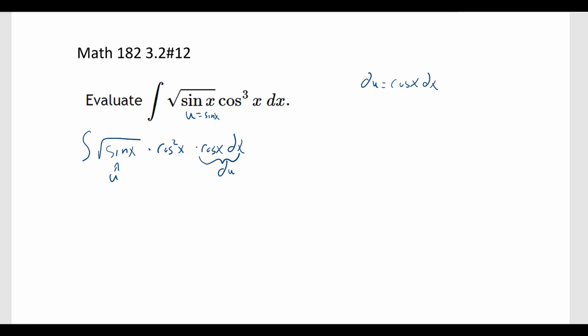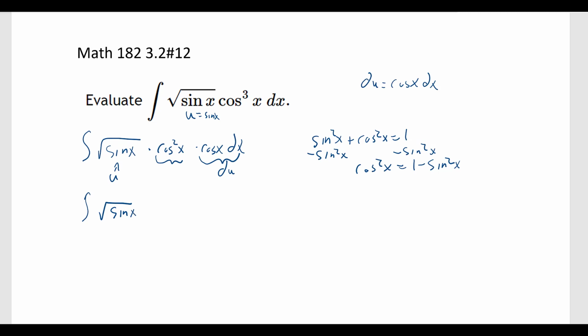So now we need to deal with this part, the cosine squared x. As stated before, we go back to our trig identity, sine squared x plus cosine squared x equals 1. It's a Pythagorean identity in trig. So we're solving now for the cosine squared x, so we subtract sine squared x. I apologize to everyone who already knew that part, but I'm rederiving this property from trig. So we end up with this integral of the square root of sine x times 1 minus sine squared x